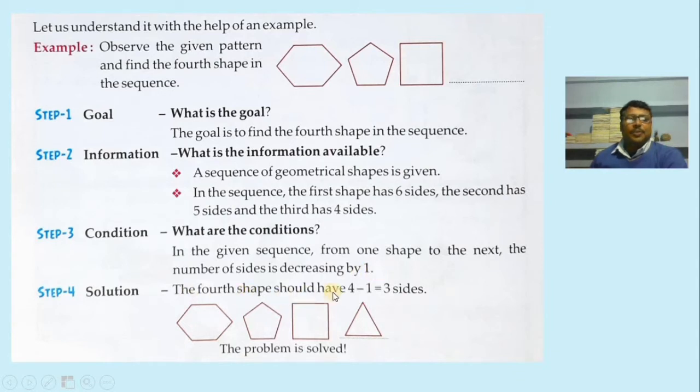The fourth shape should have 4 minus 1, that is 3 sides. That means the last one will be a triangle. 3 sides will be there. The problem is solved. So in such a way we use our logic and perform the task. We need the goal, information and conditions, and we have to perform the solution step by step.